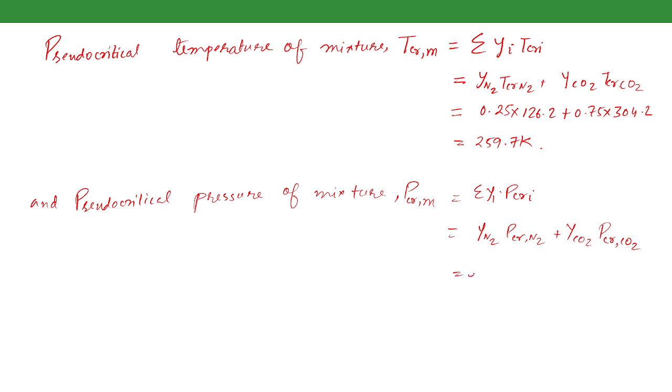So that is 0.25 multiplied by 3.39 plus 0.75 multiplied by 7.39, and it comes out to be 6.39